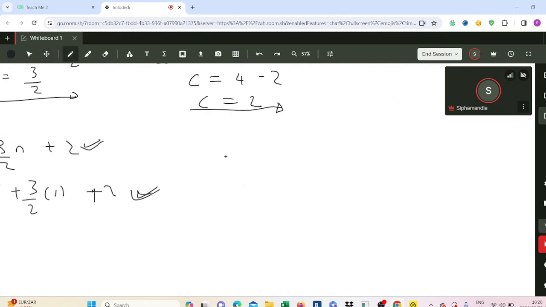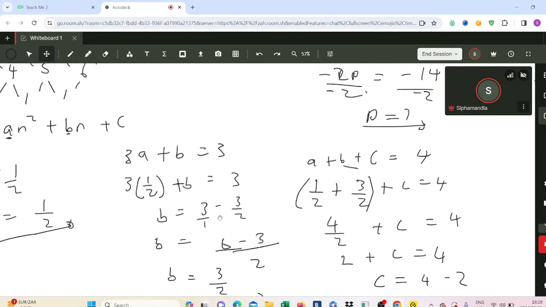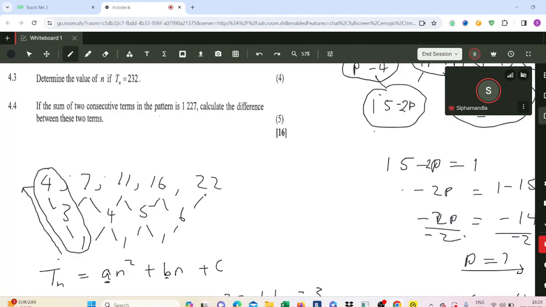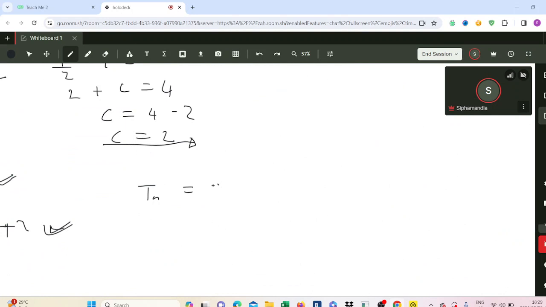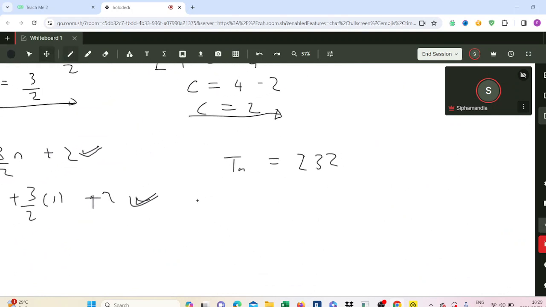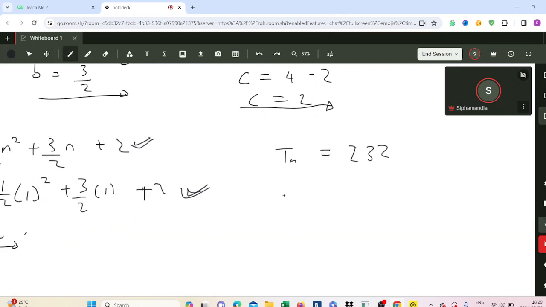So they said here tn is equal to 232. So I can just go ahead and plug in tn here. So tn is 1 over 2n squared plus 3 over 2n plus 2 equal to